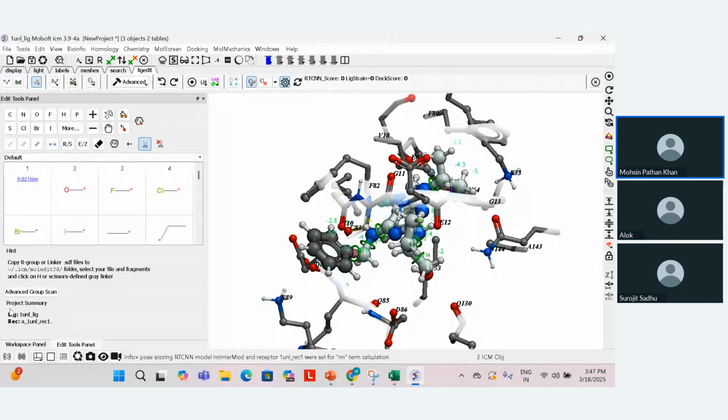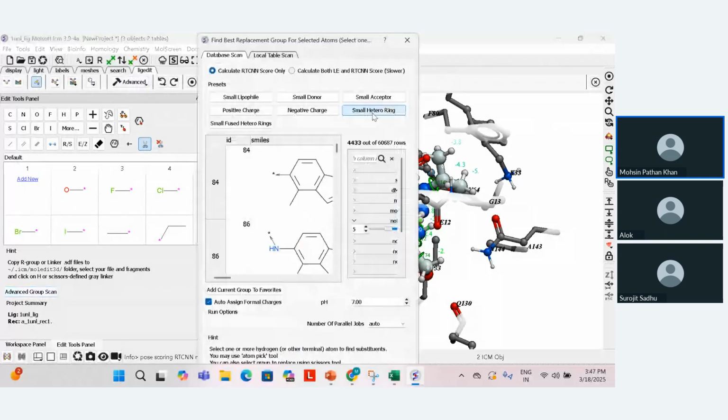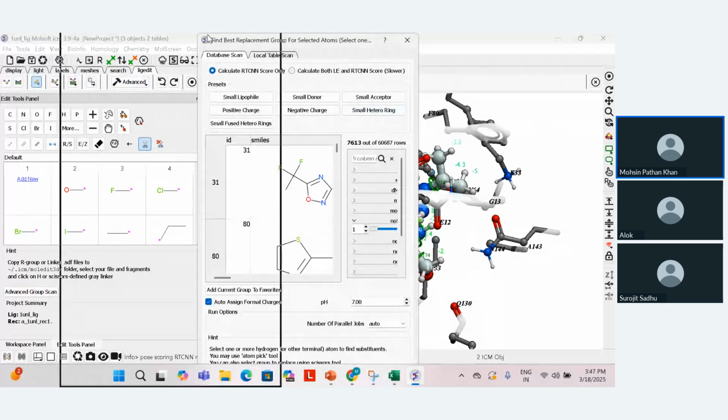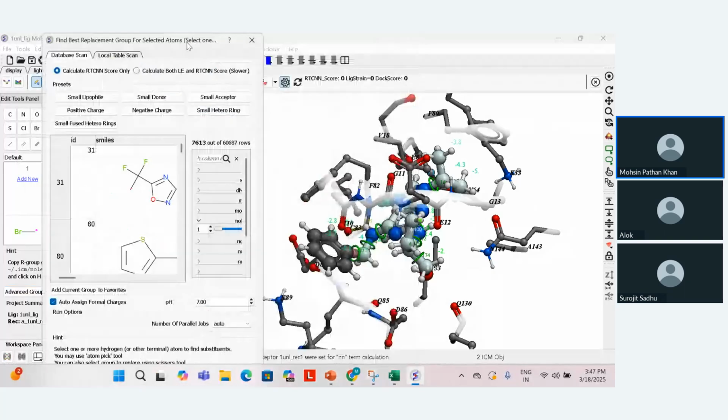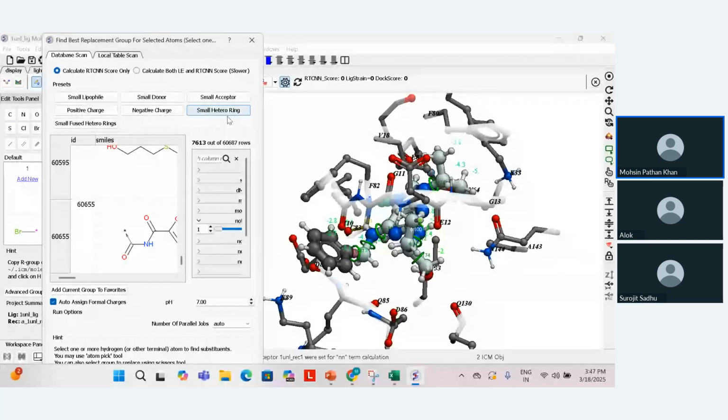Now you can go to advanced scan and small, you can select this small hetero ring, let's say, and it will replace that particular selected ring with those multiple structures. You just have to press OK, and it will start generating like 7,600